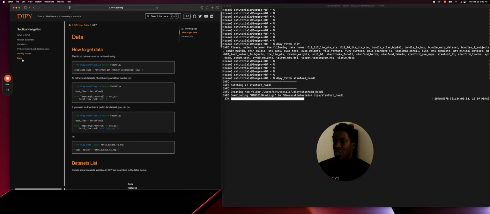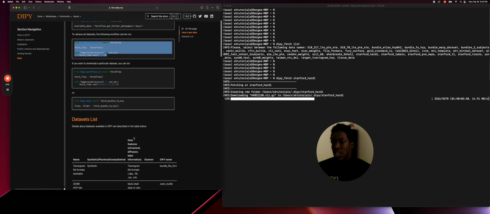So in this section named data, you can see that it explains exactly how you can get data from Dipy. So there are many ways. You can either code in Python, and it shows you here how you can do it by coding in Python. Okay. It also shows you